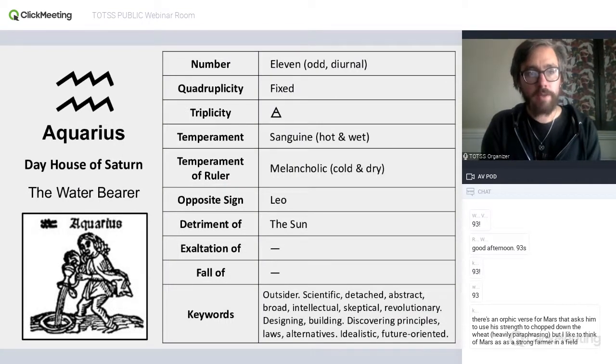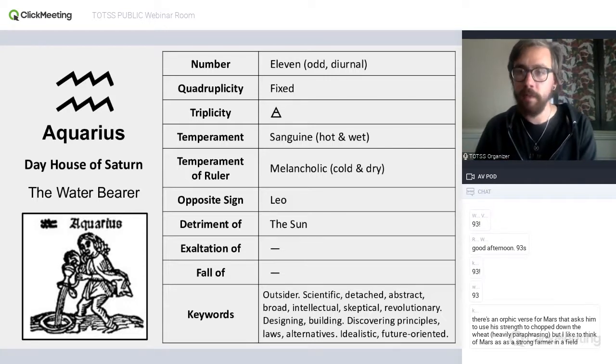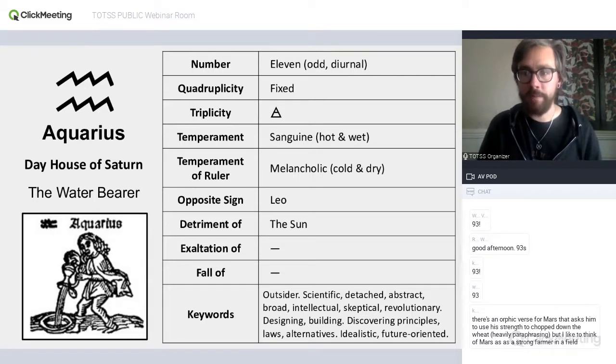All right. Aquarius, number 11, this will be the day house of Saturn. And interesting, right, as we saw, because Saturn is opposite to the luminaries, Saturn signs are right next to each other. And this is the water bearer, which is, I think, not the most extremely useful image. Some of that imagery of clouds, there's certainly a kind of heavenly or celestial kind of being remote and far from the earth that can be appropriate for Aquarius. But Aquarius is not a water sign, so I don't think we want to rely too much on that image. But it's interesting to think about, and there's certainly useful aspects of it that you can reflect on.